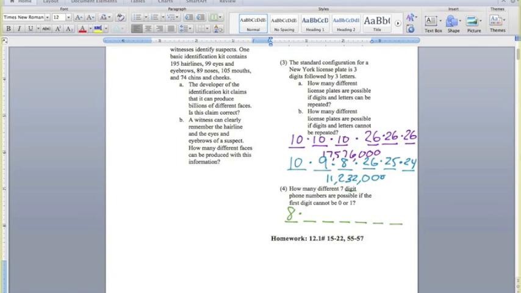So how many things can we start with? 8. How many could be the second number? 10. Anything's fine because it didn't tell us to restrict our second number. It just told us to restrict our first number. What about the third digit? 10, because we're allowed to reuse numbers in a phone number. So all the rest of them are 10. And I don't actually need my calculator for that one. You get 8 million